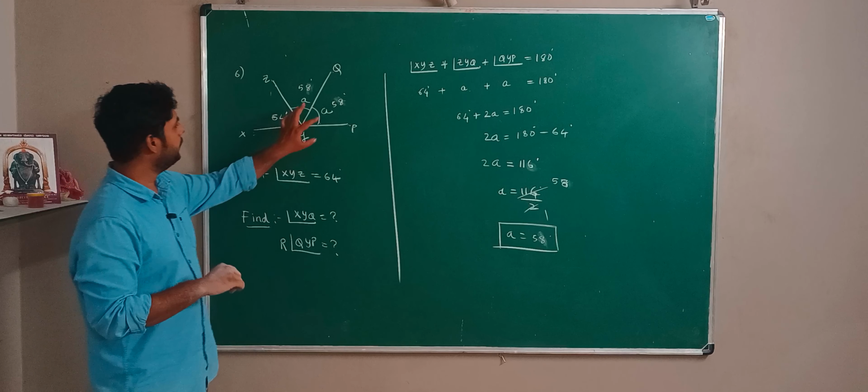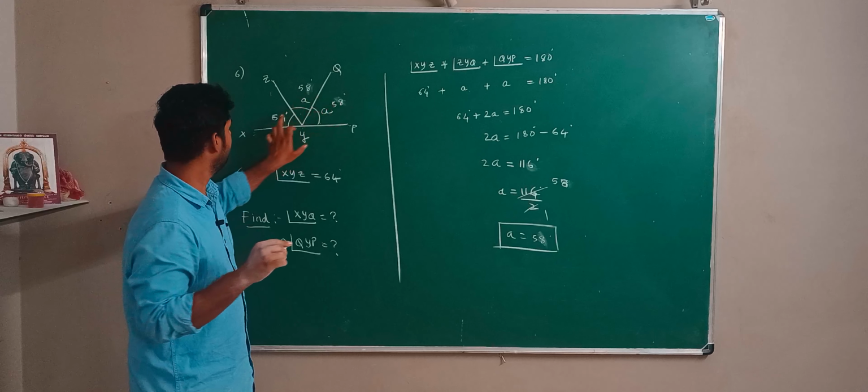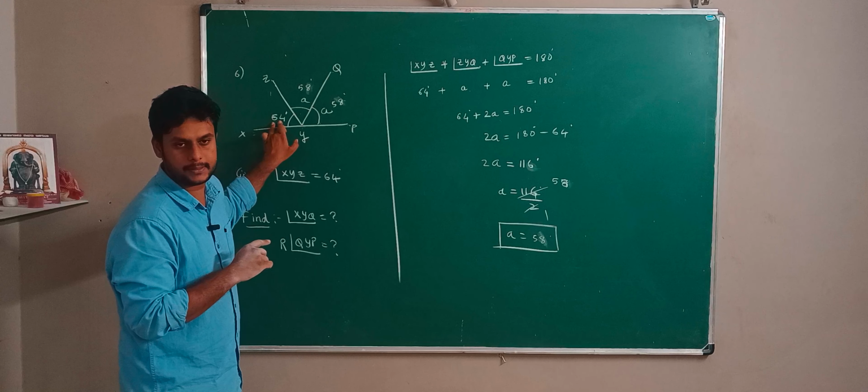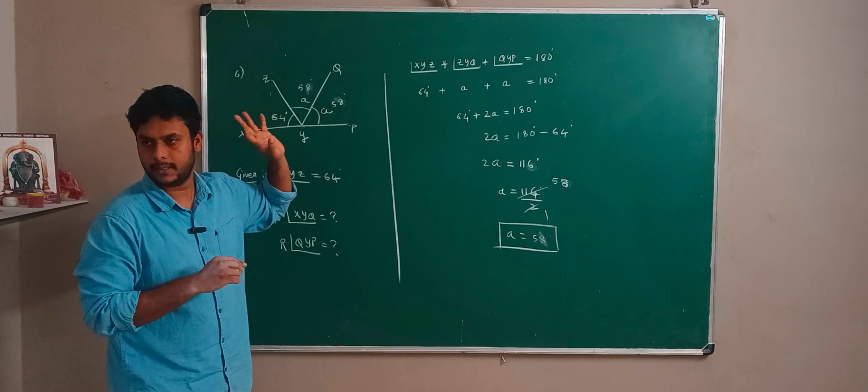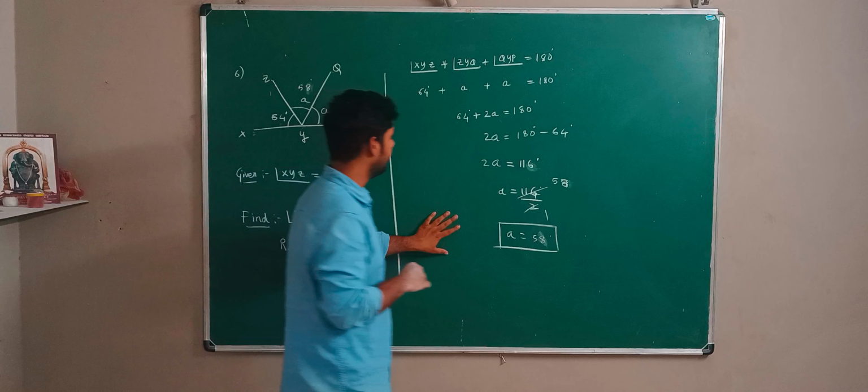So 50 plus 50 is 100, 8 plus 8 is 16. 116 plus 4 is 120, plus 60 is 180. Correct. So I have done it correctly. Okay, next after doing this